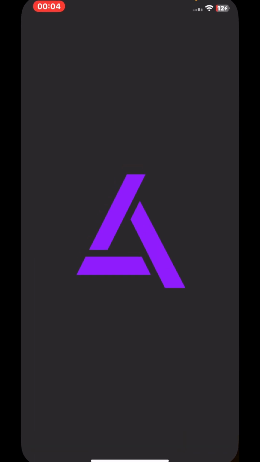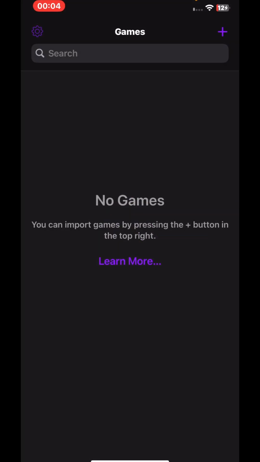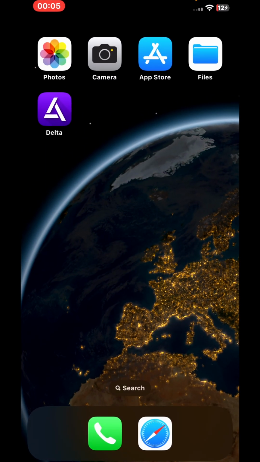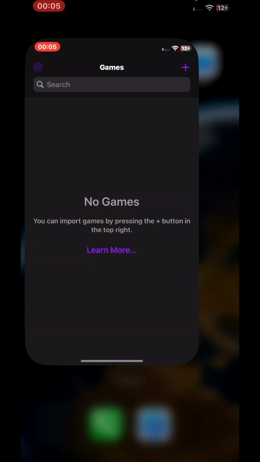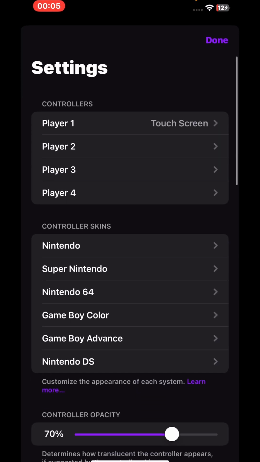You want to click on the Delta icon. And as you can see, no games. You can import games by pressing the plus button at the top right, learn more. So what you want to do now is get your game ROM, which could be anywhere from NES to the DS, I believe. Yes, so the Nintendo, the Super Nintendo, the N64, Game Boy Color, Game Boy Advance, the original Game Boy, and